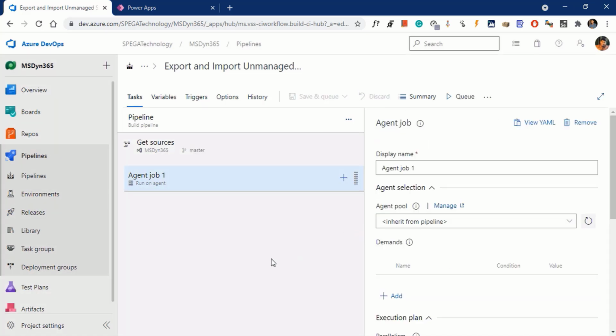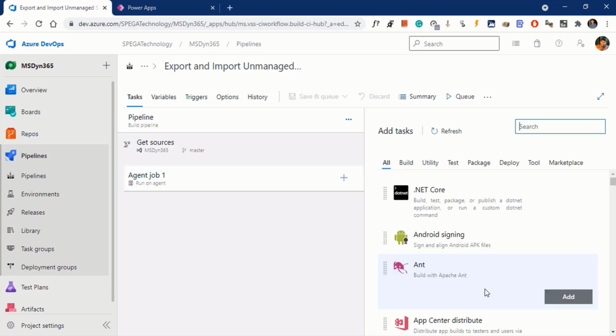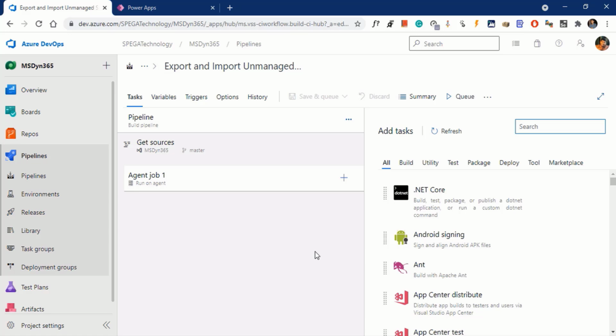Now we need to add tasks to this build pipeline to export and import the solution from dev to the build environment. For that, we need to add tasks to this agent job. Click on this plus icon. It gives all the tasks installed in the system. Let's search for Power Platform.